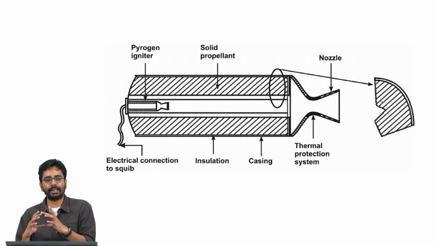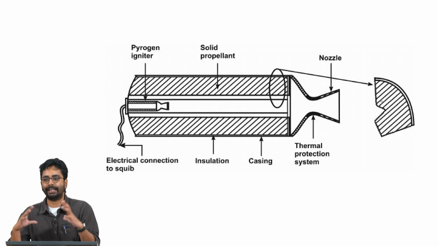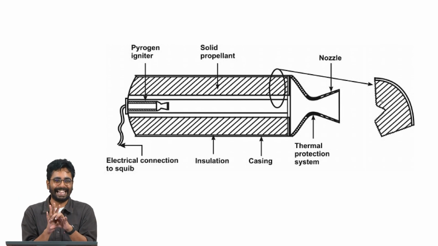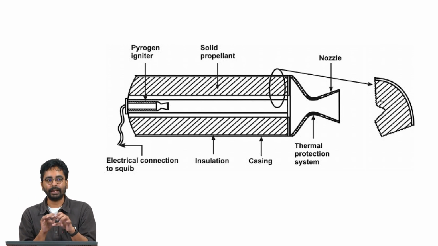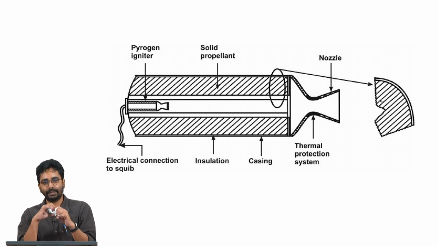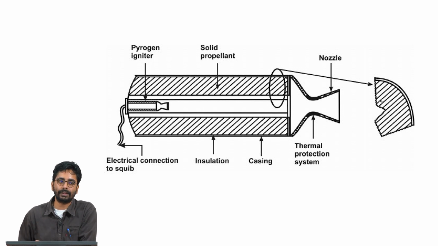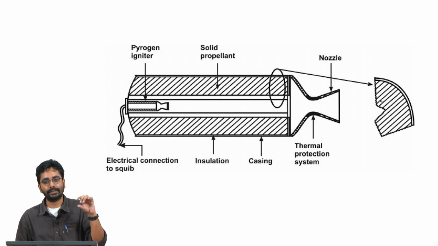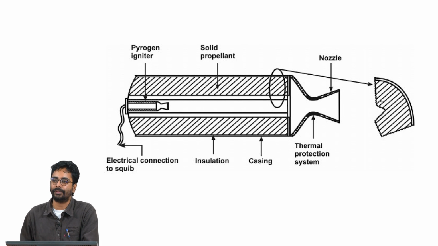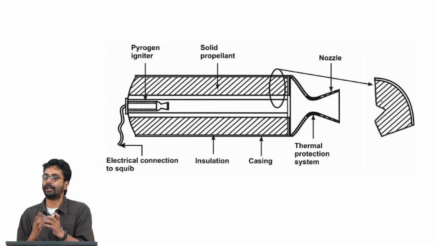If you have a circular cross section, as the propellant burns, the area will increase with time, and if you have a cylindrical block which burns from one end, the area remains constant with time. It is also possible to construct grains where the burning happens from inside to outside, but you start with special surface shapes, for example a star grain or a cylindrical grain attached to a phenol grain, as it is called. These can have complex burning surface evolution with time. For example, a star grain can be designed so that the burning area remains constant with time.